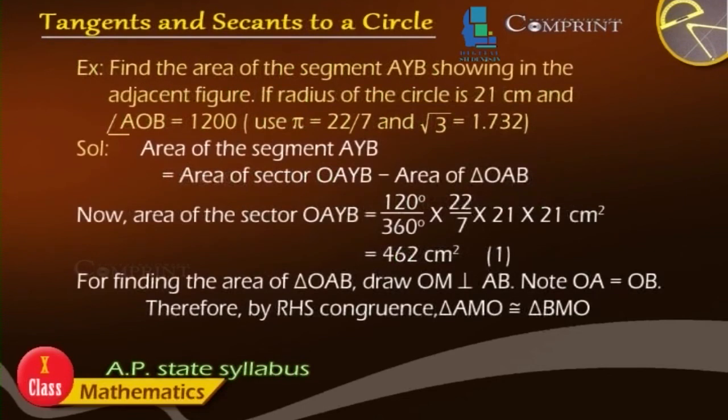Example: find the area of the segment AYB shown in the adjacent figure, if the radius of the circle is 21 centimeters and angle AOB is equal to 120 degrees. Use pi is equal to 22 by 7 and root 3 is equal to 1.732. Solution: